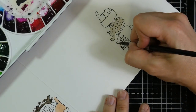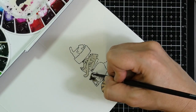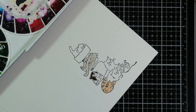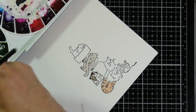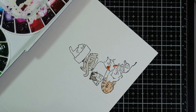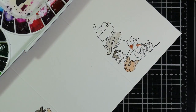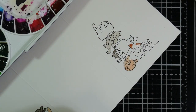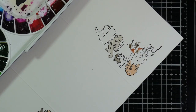So I didn't color all of these to be Siamese simply because that would have been sort of boring, right? There are so many different cats out there with so many different colorings and patterns, and all are beautiful. I don't know what the different names of the cats are. I think I'm coloring this one like a calico. And I've got some orange tabbies in there and probably some gray tabbies, and I don't know what you call the black ones with the white on their head, or any of the other ones, but